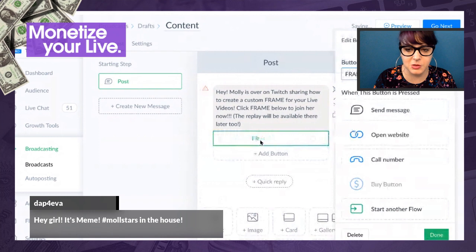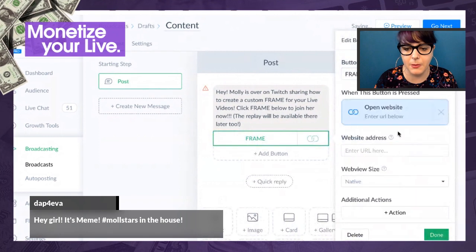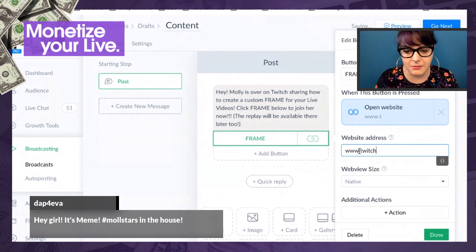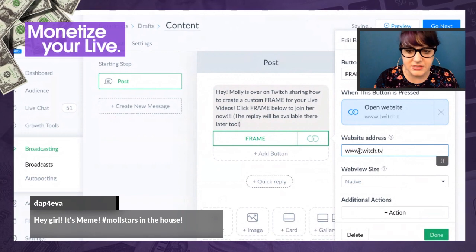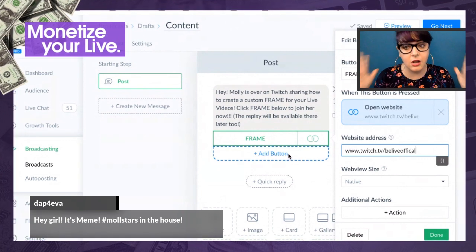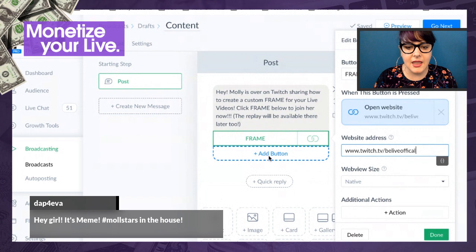Okay, so I'm going to make this super simple, right? I'm just going to hit frame, and then I'm going to put the website in here. Oftentimes I'll put a whole other message and stuff, but for right now, I'm just going to make it really simple. Twitch.tv/BeLive official, which is our link that'll take them straight to our channel, which will show them this video. And then